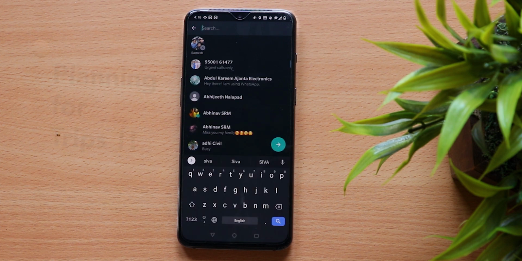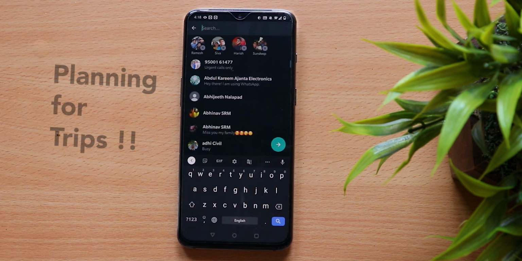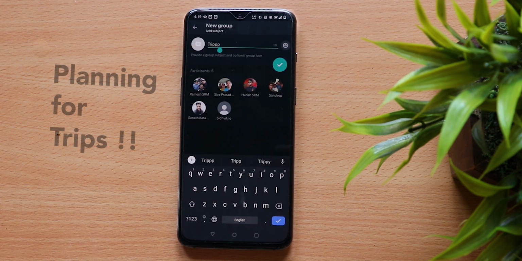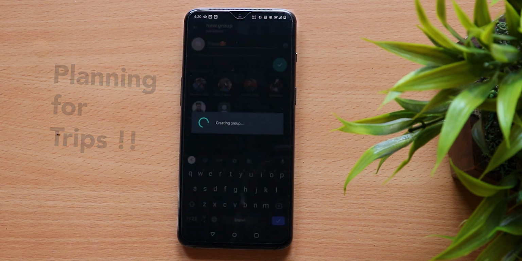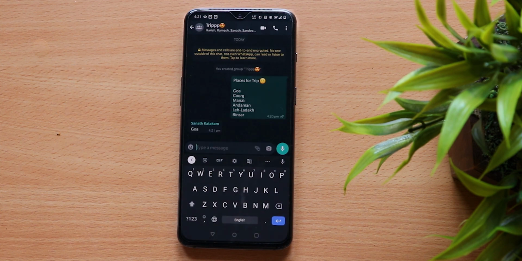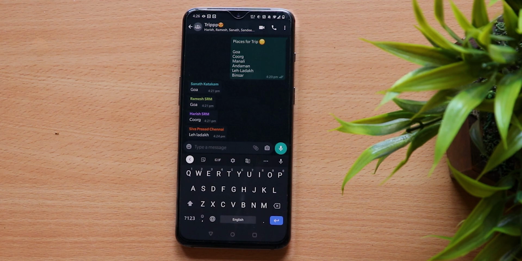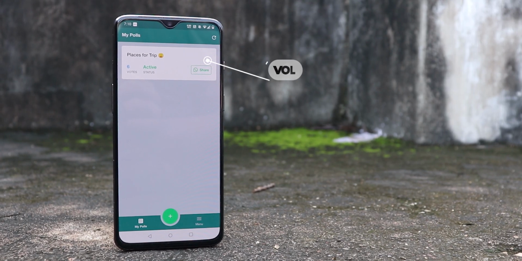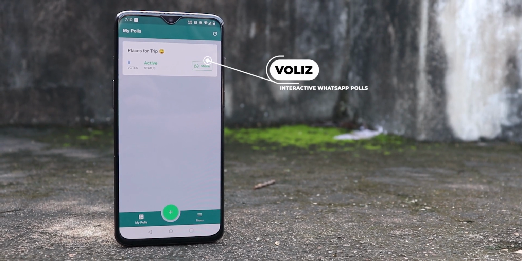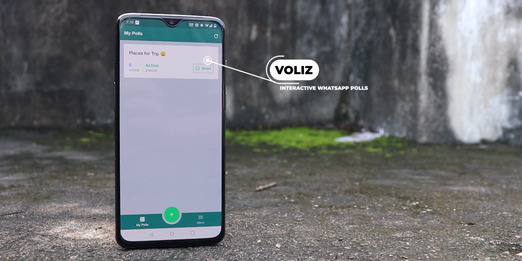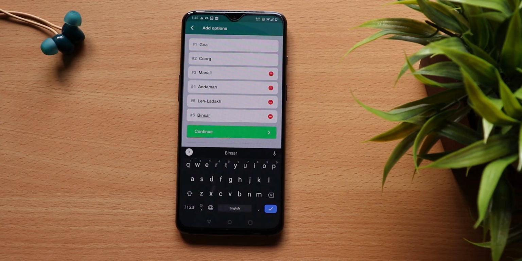We all plan for trips and outings, and when we do that, we normally decide in a group chat. But the problem is, people keep on responding to places which makes you lose track of the selection. Introducing Wallace. This app can create polls. For example, I am going to create a question, places for trip, and now I am adding places here.